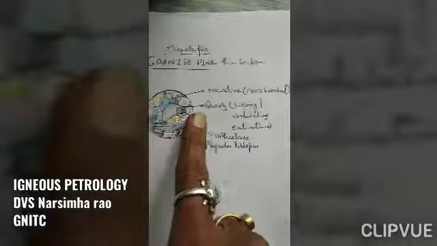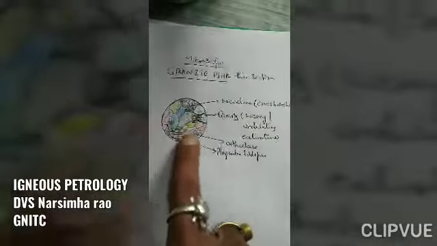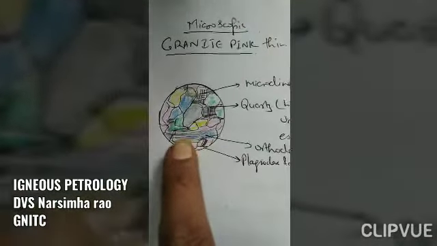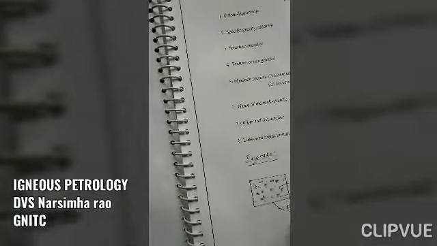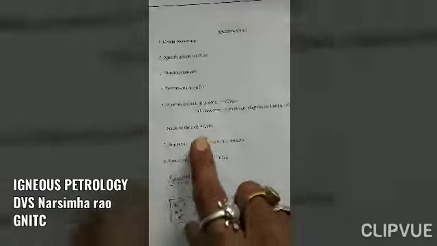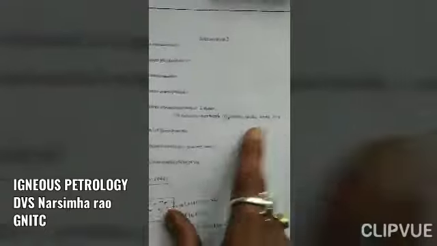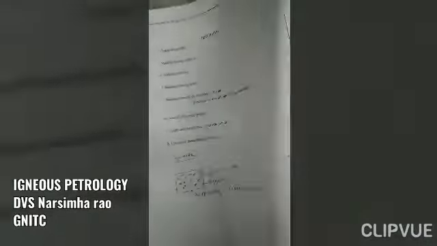When you see the pink granite under a microscope, microcline, quartz, orthoclase and plagioclase feldspars will be there. The plagioclase feldspars will be seen like this. This can be very clearly seen in the dolerite. And when you see the syenite, it is essentially feldspar, and the accessories are hornblende, plagioclase, biotite and mica. The name of the rock is syenite. This is an igneous rock.